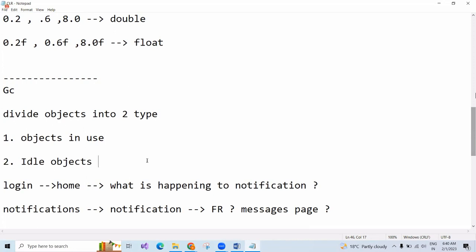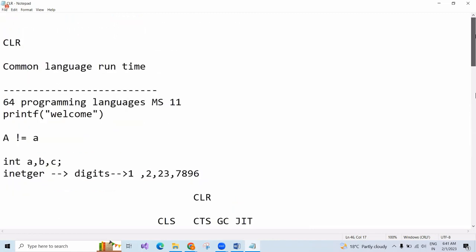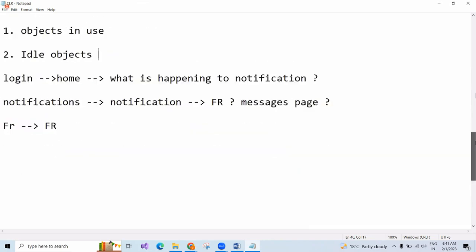Yesterday, when we spoke about the .NET execution flow, what is our execution flow? People should tell me here. Yes, Sajid: .NET source code.